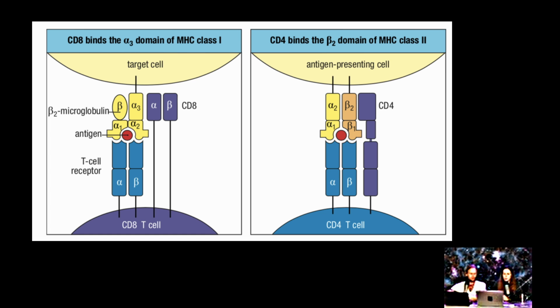So the reason that we have target cell versus antigen-presenting cell is because when you interact with the CD8 T cell, you become the target of the CD8 cell. You are its prey, basically. It will kill you, unless you're healthy. And then the CD4 cell, it's interacting with an antigen-presenting cell, which is basically every single